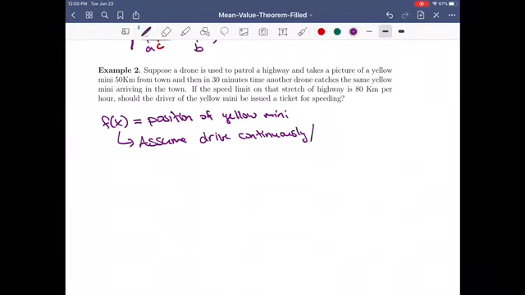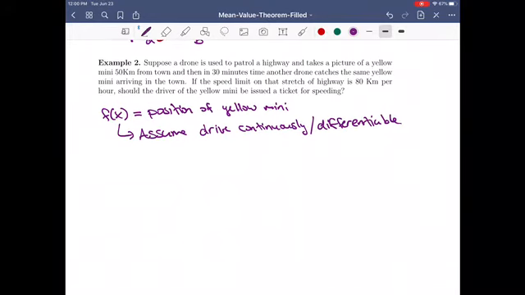So when you're driving, nothing weird happens, essentially. We're assuming that so that it satisfies the condition. So then the mean value theorem